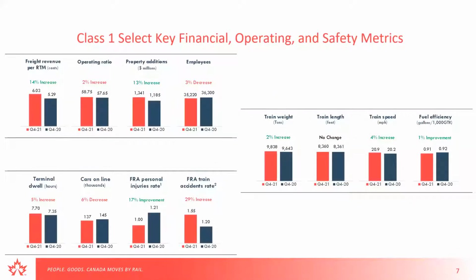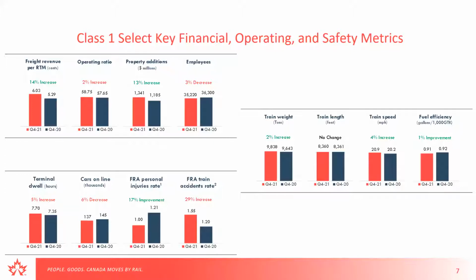Okay, and then we look also in the report at select key financial, operating, and safety metrics. CN and CP's quarterly reports have similar style graphics, so these were inspired by those. For most of these, it's a simple average between CN and CP, and then for others, it's a combination. So for things like average train weight or train length, we would just look at CN's number, CP's number, and take the simple average. But then for others like total employment, we can combine them. So there's a mix of that throughout.